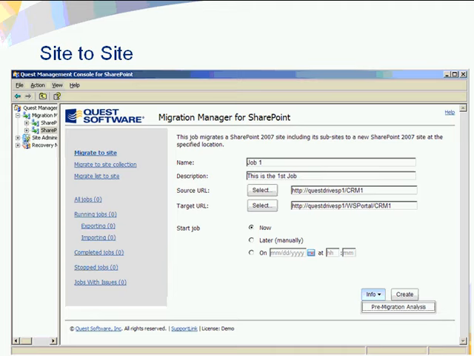In the most simplistic migration, we're basically trying to move information from one site to another site. So basically I want to consolidate or change my hierarchy. This has a lot of different benefits, but in this particular case, what I'm trying to do potentially is that I have something at the top level that doesn't really belong at the top level. I want to move that site down to a lower level as well. So basically, I want to change the hierarchy. That site will go from that particular environment, in the source URL, to this target URL.